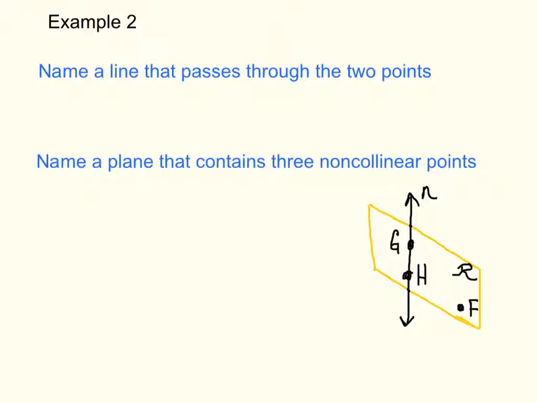Example number 2, and this is on page 7. Name a line that passes through the 2 points. Name a plane that contains 3 non-collinear points. So let's start with the first one. Name a line that passes through the 2 points. Well, what line passes through the 2 points? You could say